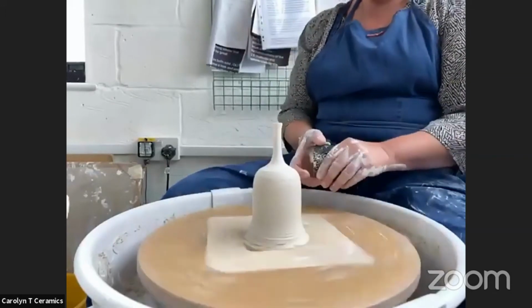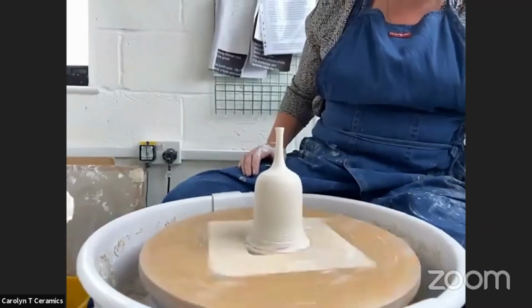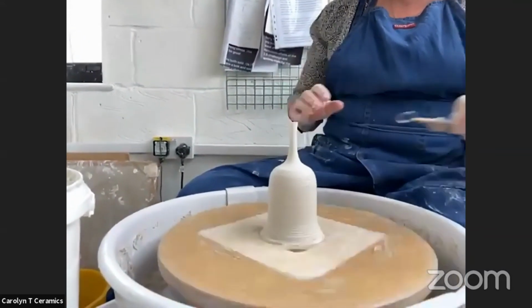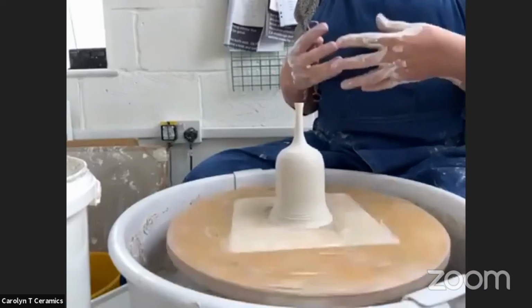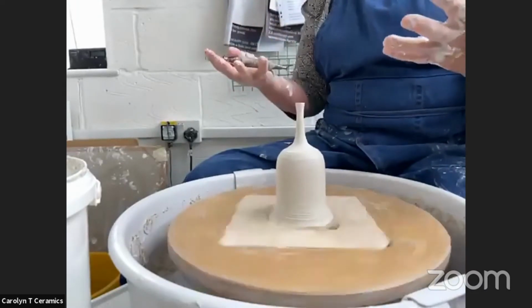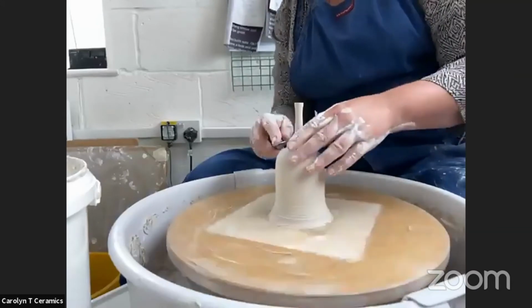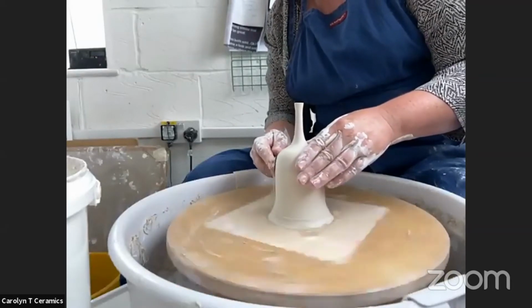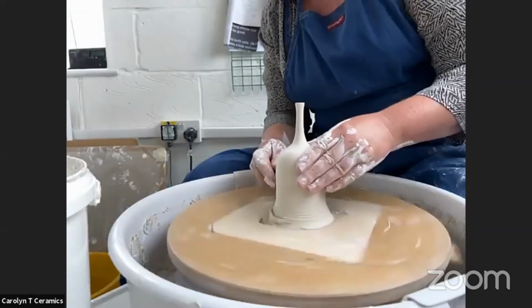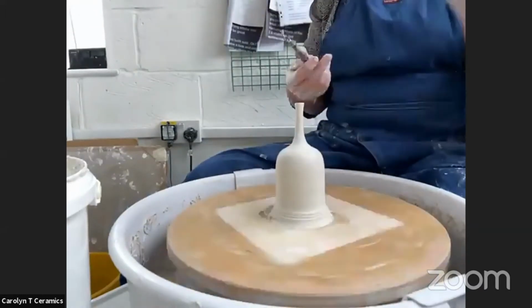I always say, I help to run a social enterprise in Wood Green in London, where we work with adults in recovery from mental health issues. And I'll always say to students, something someone said to me at Campbell, I think: you make this most beautiful thing, it's taken weeks and weeks and weeks, you get it out of the kiln, and as you're carrying it to where you want it to go, you trip over and it smashes. Unfortunately, ceramics break if you drop them, and that's one of the sad things about it. When you've made something so lovely and then you smash it, it's a bit annoying, but it happens. So now I'm using a bigger tool,